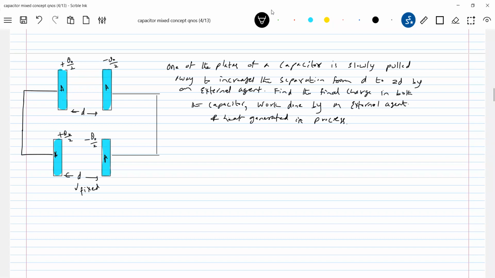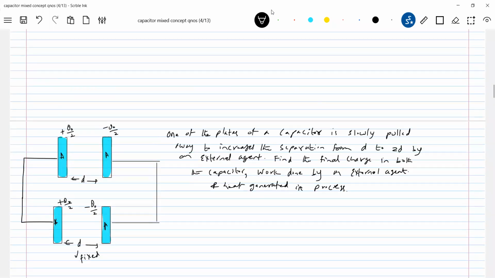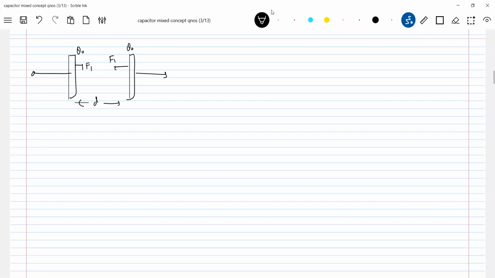So you do one thing directly, straight away go for one isolated plate. I'll take you back to the problem. So let's do one thing. Only one isolated plate you take. It's a charged capacitor. Initially it's having a charge Q naught, let us assume, and the separation is D. So the force of attraction between them initially, F1, and what is F1 equal to? Q square by 2A epsilon naught.